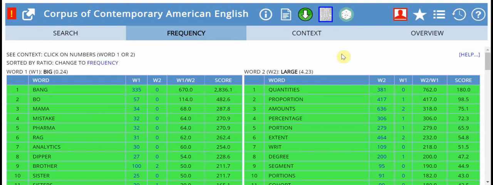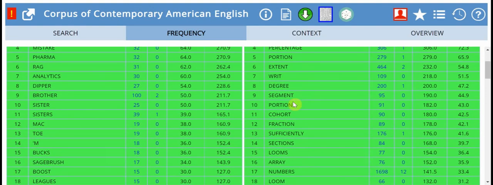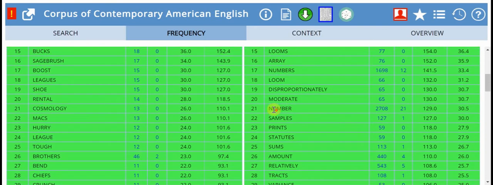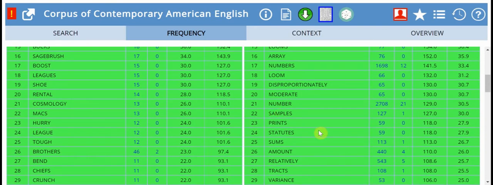One thing we see from the results is that large is more common with expressions of numbers, quantities, etc. And this is a common question I get. Like, should I say big number or large number, or big amount or large amount, etc. But